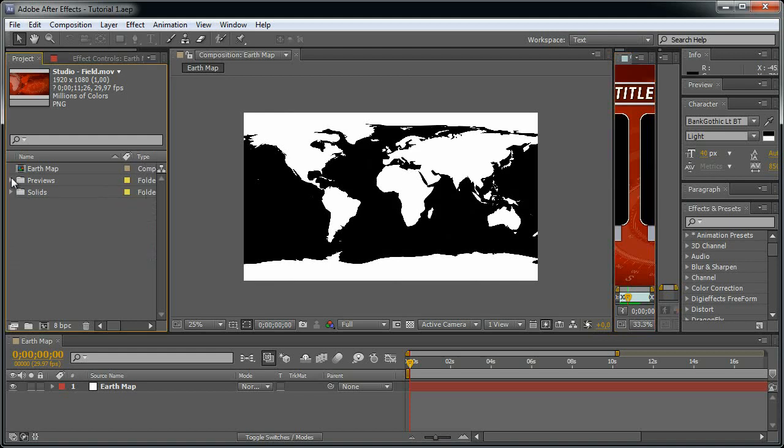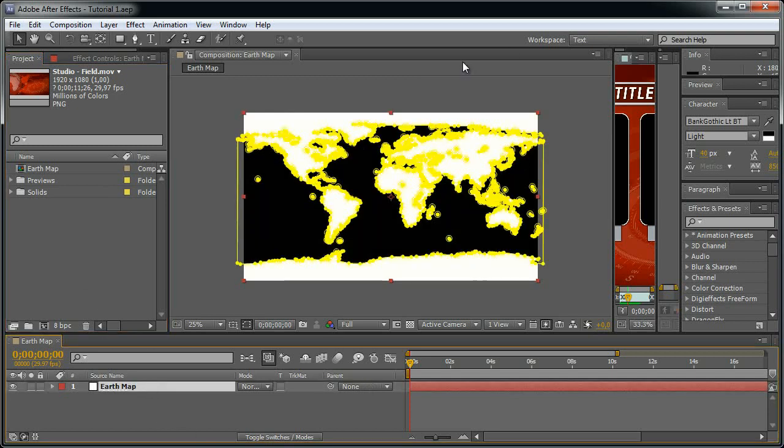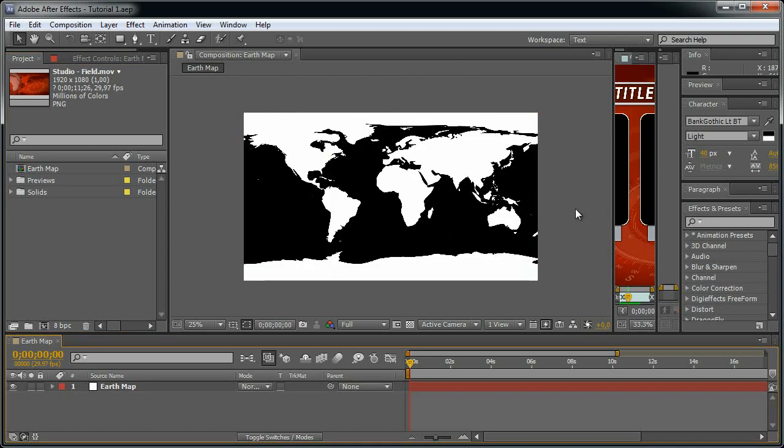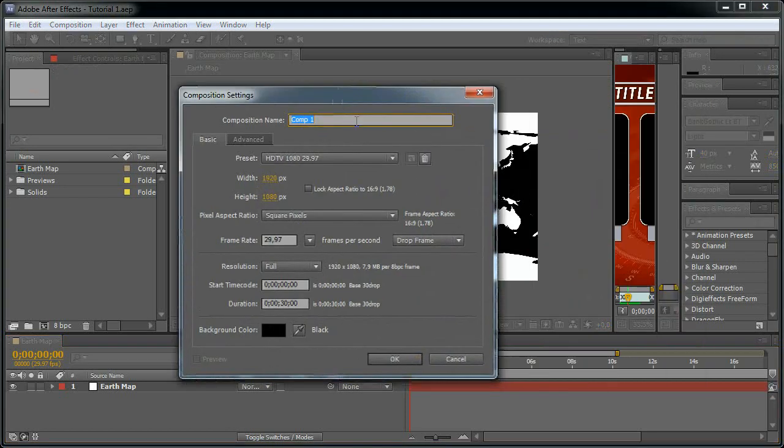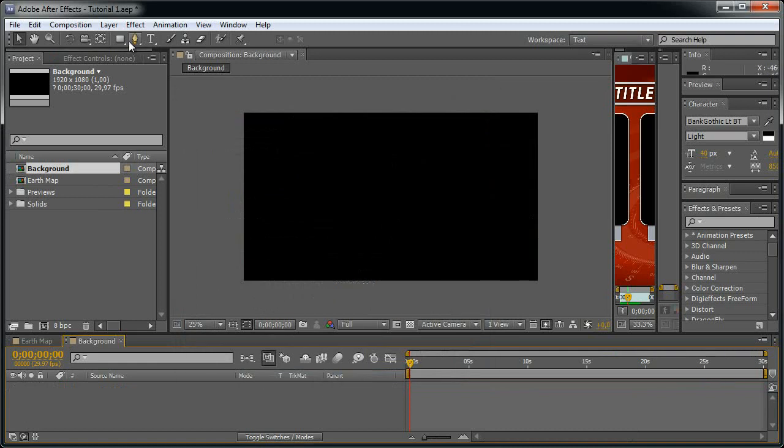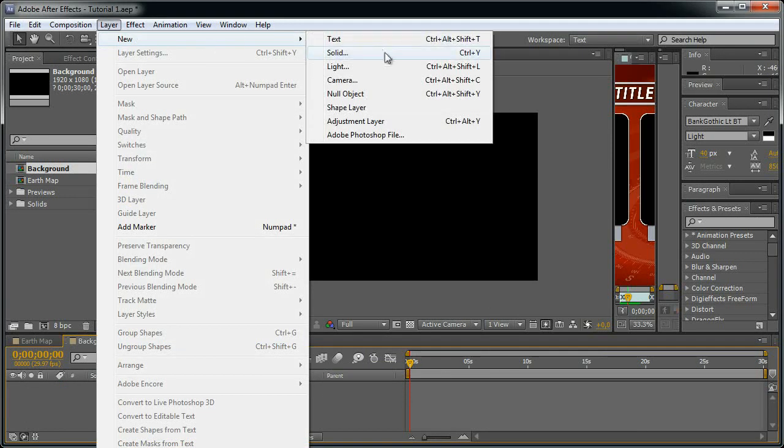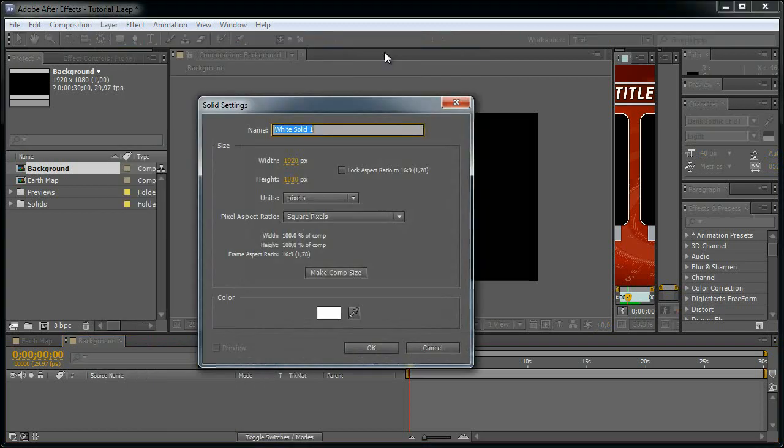So let's close this and let's create a new composition. I prepared already the earth map to save some time, and let's create a new composition and let's call it background and hit OK. Let's create a new solid and let's call this one background color,